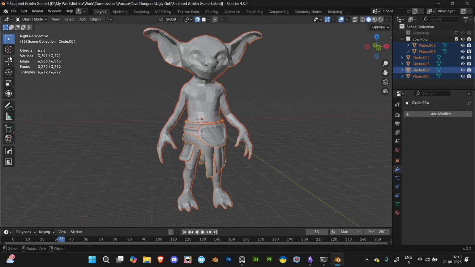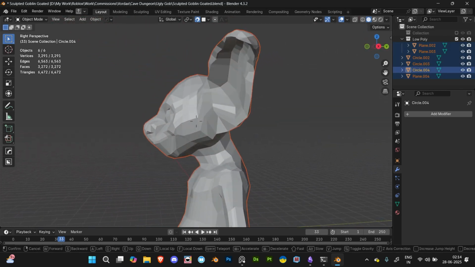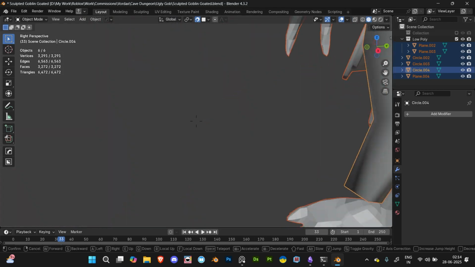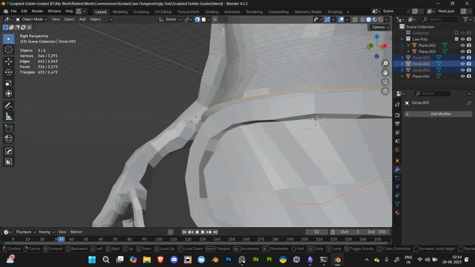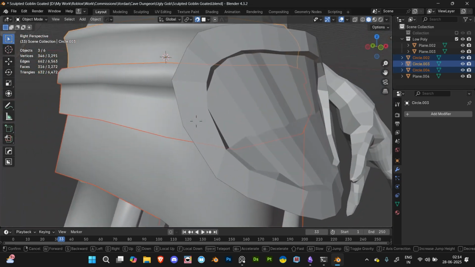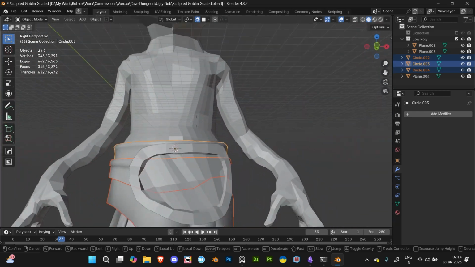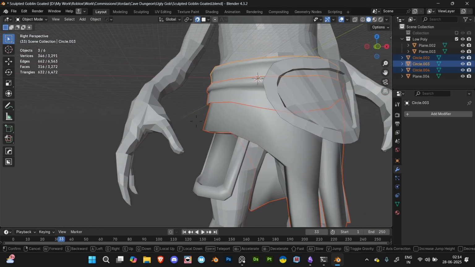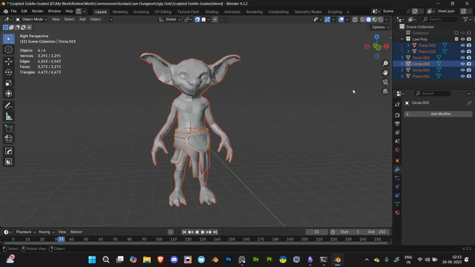Once retopology is done, we end up with about 6,000 triangles, I guess. So what I did for this was I just copy pasted them from my low poly version, the blockout I made. Since they retain their shape, I thought there was no need to retopologize that. And so what you have to do is take this